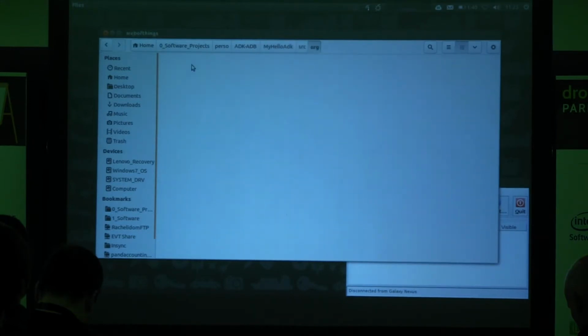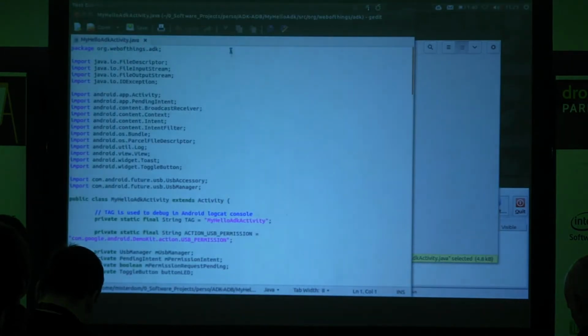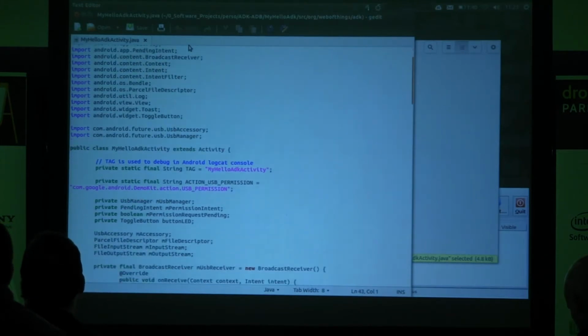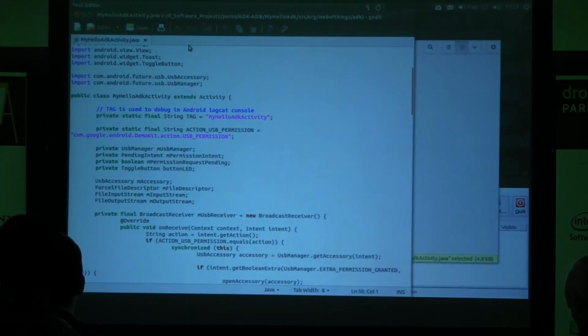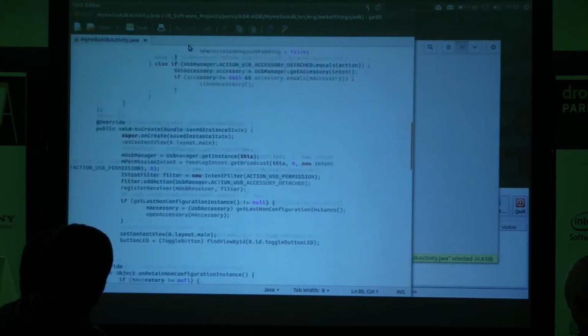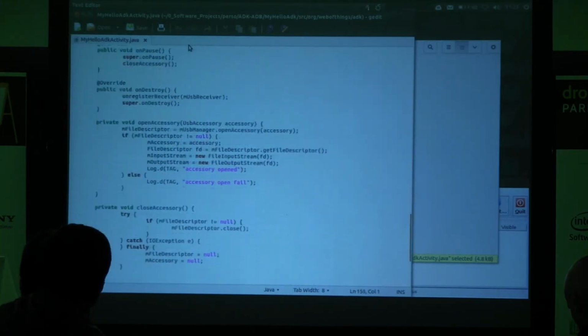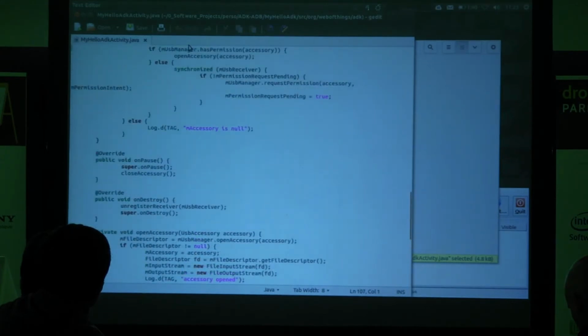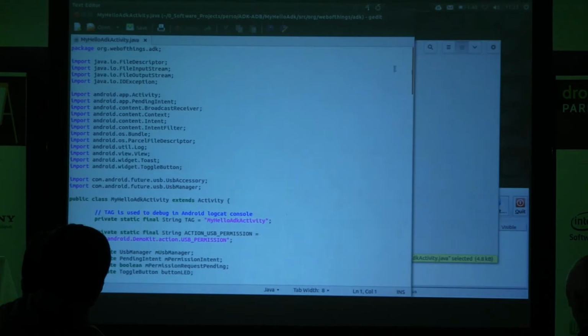I should open that. All right, so. Okay, cool. So it's actually a pretty long and intense piece of code just to turn on an LED. So I won't go into all the details, but basically the most interesting parts are